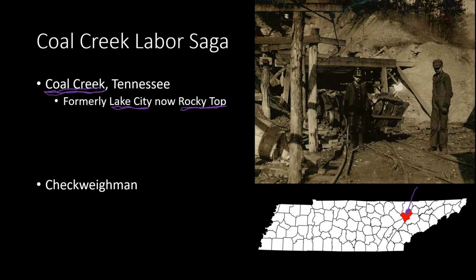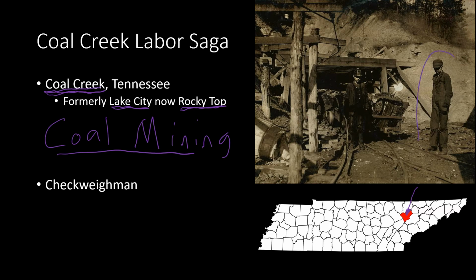So like we said earlier, the main resource they're going to have in Coal Creek is obviously coal. It was a coal mining community. That's how everybody in the town made their living. They relied on it. And if you look at this picture over here, this is actually from Coal Creek during this time period. You got two miners who are pushing their mining cart out of the mines. It's just the way of life. It's what everybody did in the town. Everybody was coal miners.